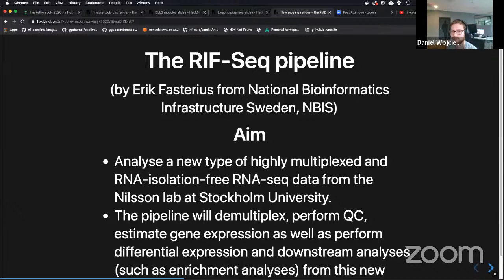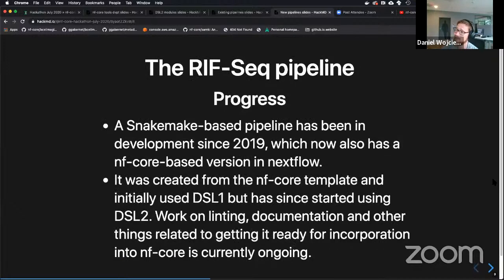And the aim was to analyze a new type of highly multiplexed and RNA isolation-free RNA sequence data from the Nilsson lab at Stockholm University. And the pipeline will demultiplex, perform QC, estimate gene expression, as well as perform differential expression and downstream analysis, such as enrichment analysis from